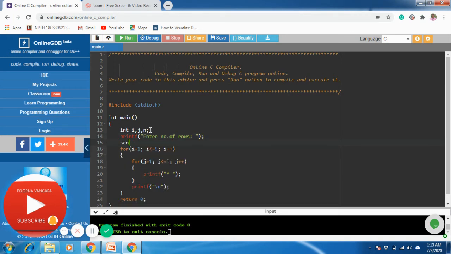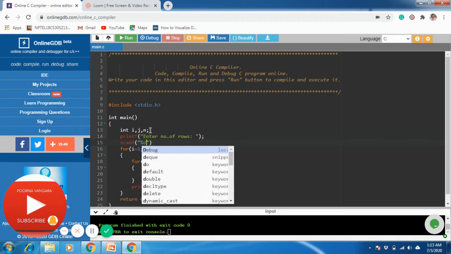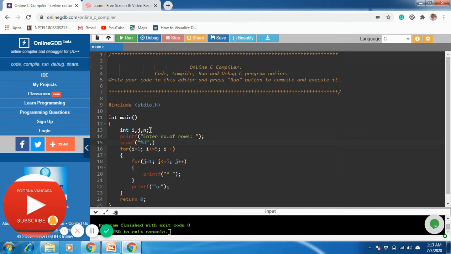And how to take it, by writing scanf "%d", ampersand n, where you want to store it in n.